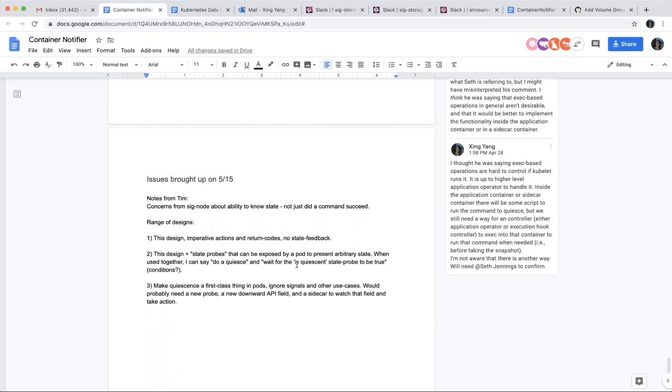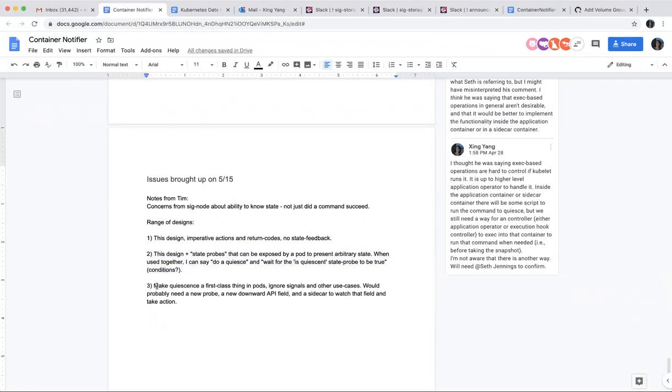There are several different design alternatives. The first one is what we have currently. The second one is basically this design plus a probe. Whenever you send a signal, you also probe it and make sure that the signal is not only delivered, but that you get the results you wanted. Is it really quiesced? That adds complexity, but it's something we need to explore.